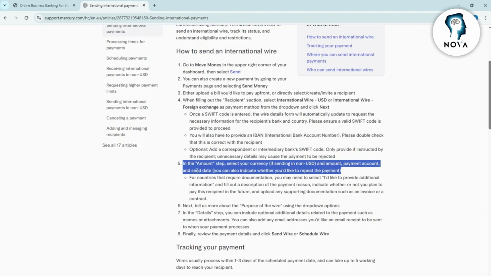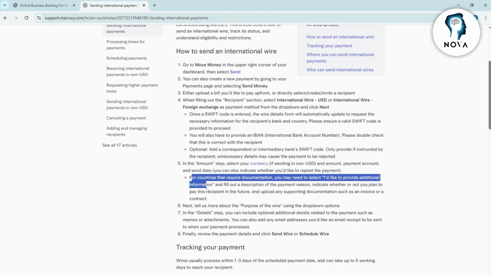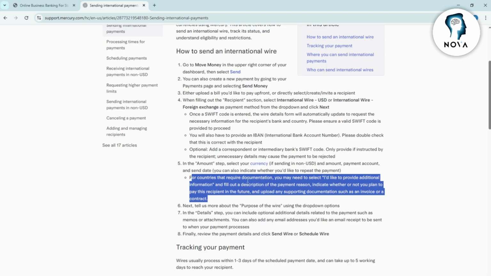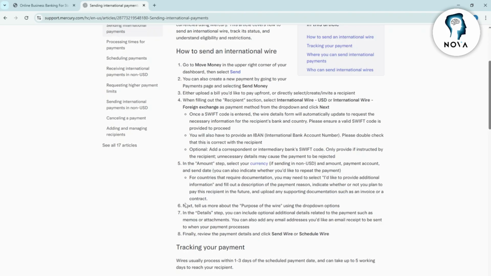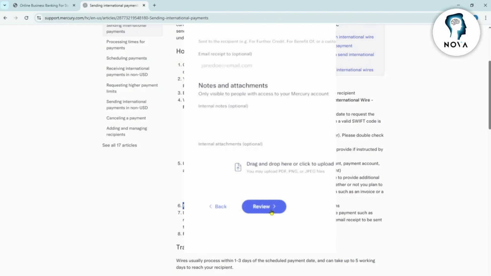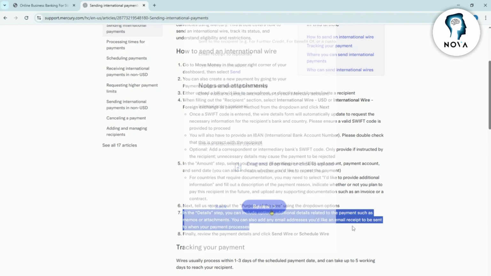You can even set it to repeat automatically if needed. In some cases, you'll need to fill out extra info, like the purpose of the wire, or upload supporting documents like an invoice or contract. Then, move to the Details section. Here you can add an optional memo or note, attach files, or add email addresses to get a receipt once